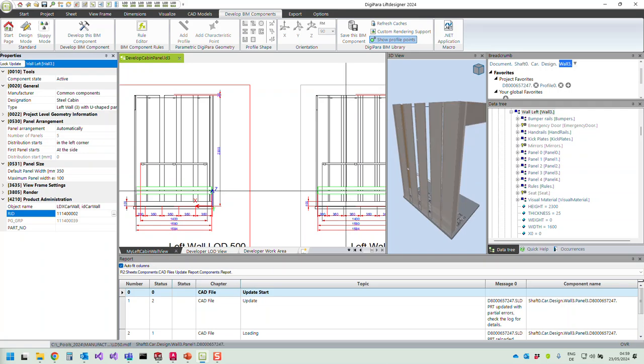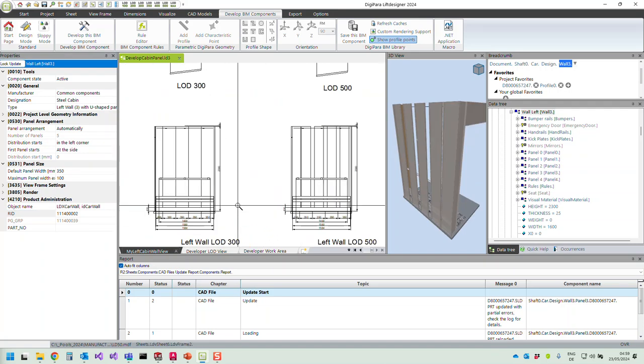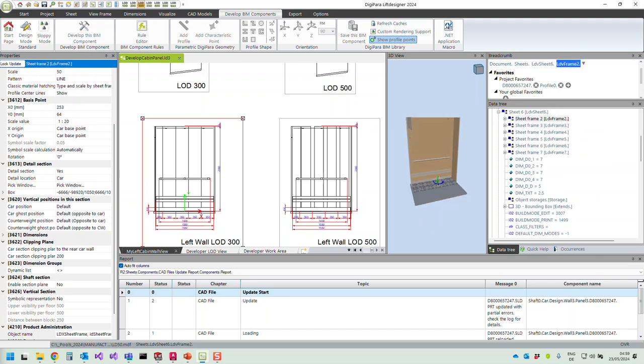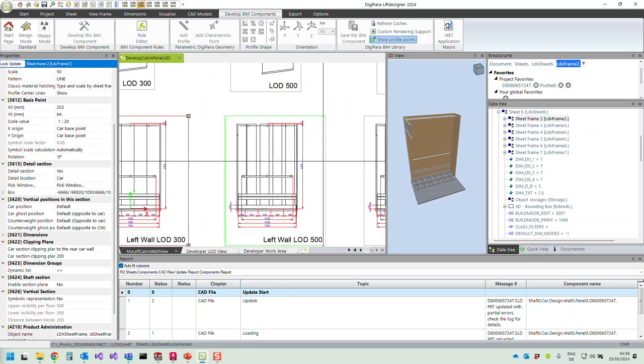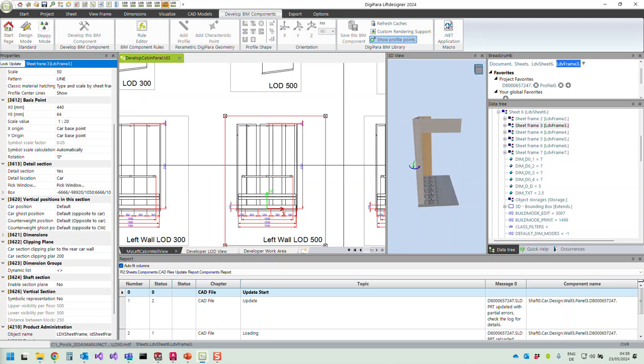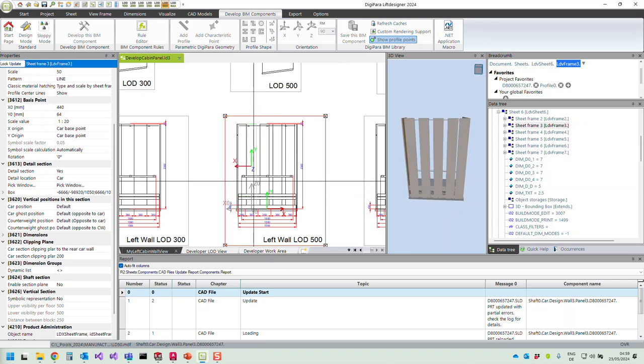And what you see now is that I have the current elements loaded, and we can properly see in LOD 300, which is the standard design. Everything remains as it is for installation drawings, and for manufacturing drawings we now have all these CAD models loaded here. But they have the wrong size, and what we have to do now is run